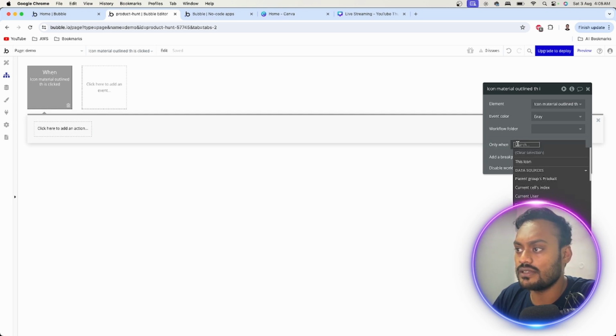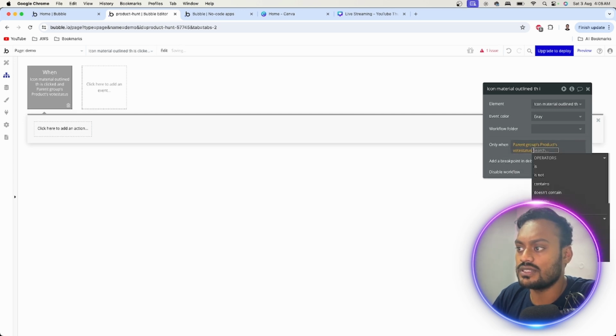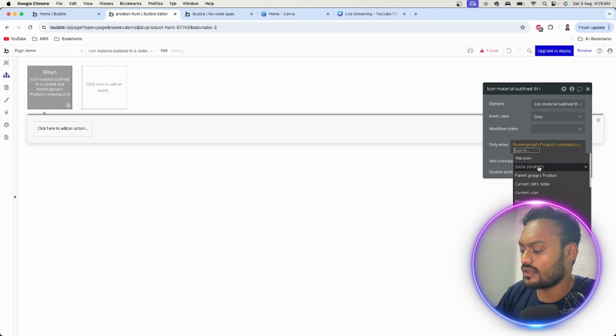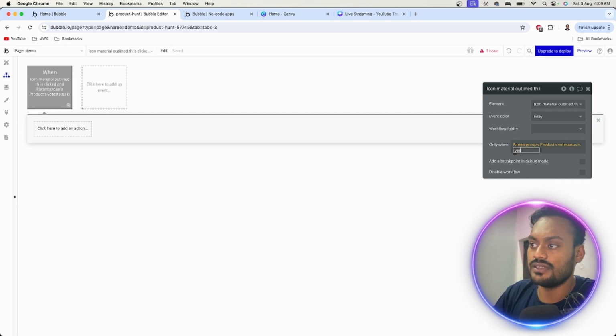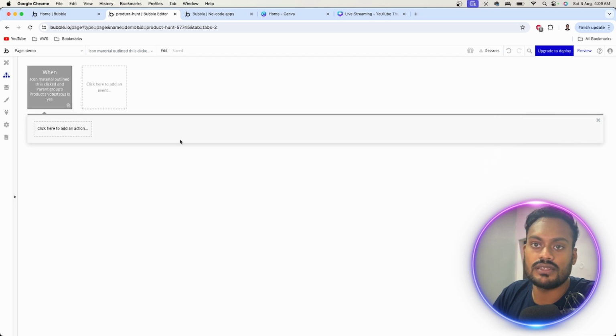So we'll click here, and we'll have to select parent group's product's vote status. So vote status is, just type it in here, yes, and click anywhere. And now when the parent group's product's vote status is yes, only then will the workflow work